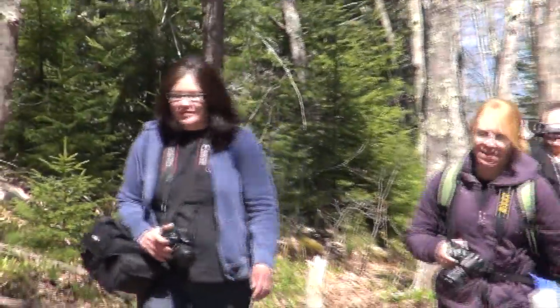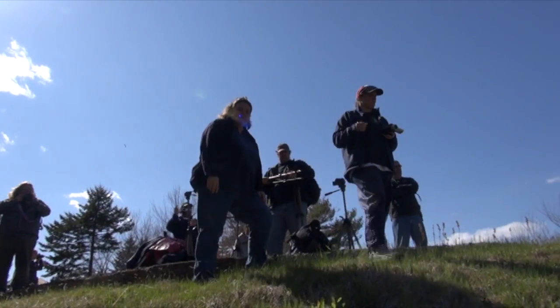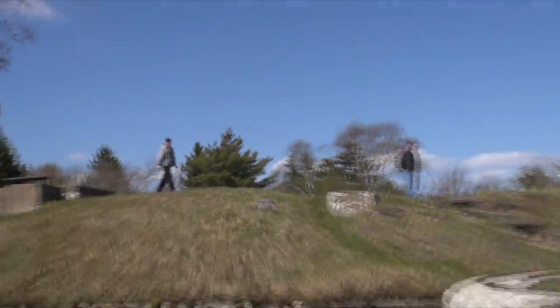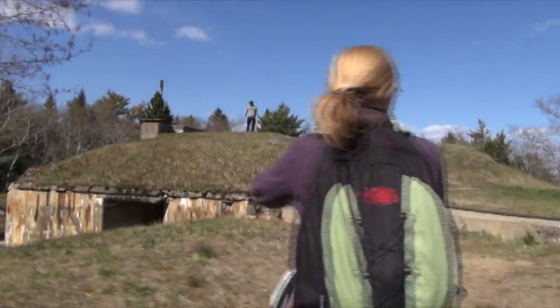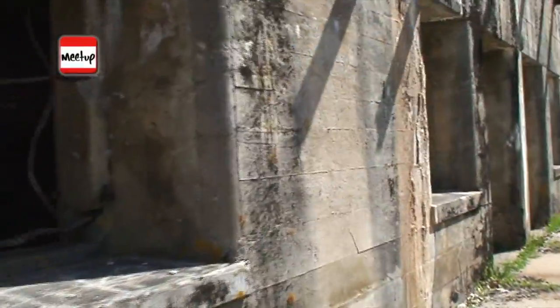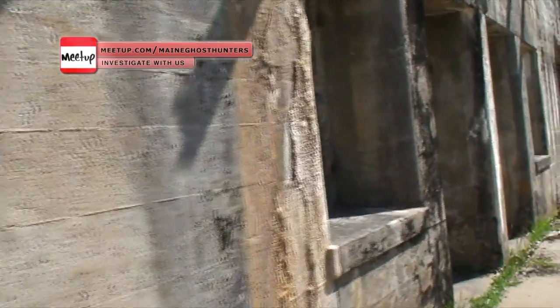Today we're joining the Maine Ghost Hunters meetup group for an exploration of an old abandoned fort, Fort Baldwin. Fort Baldwin is situated within walking distance to the wider known Fort Popham. Fort Popham is set directly beside the ocean and is a popular tourist destination point. It has 2 levels people can walk on and is a nice place to explore and to reconnect with Maine's